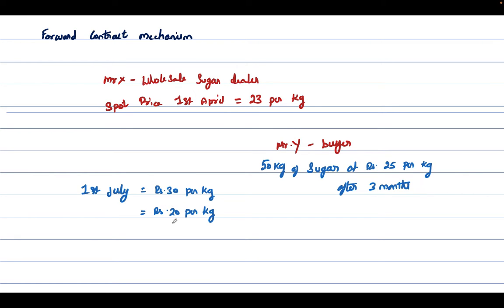See, if it is going to be 20, even X will gain, because at the time of entering the contract with Mr. Y, Mr. X did not know what exactly the price of sugar would be after 3 months. So, by agreeing to sell sugar at rupees 25 a kg, Mr. X is assured of certain